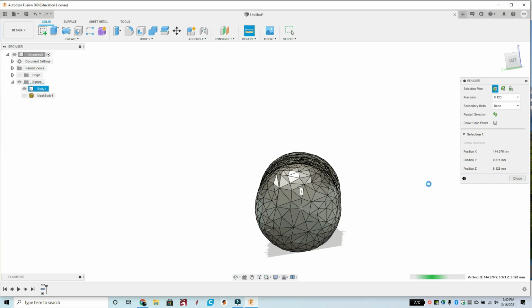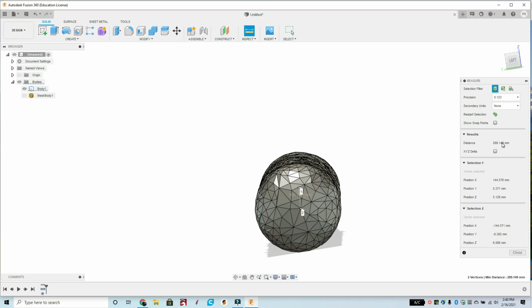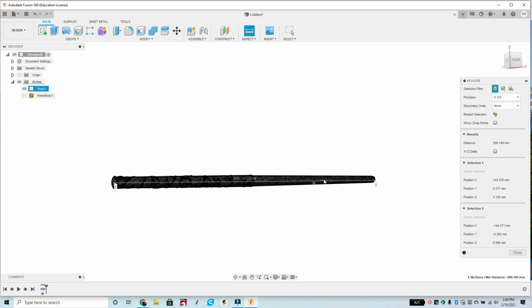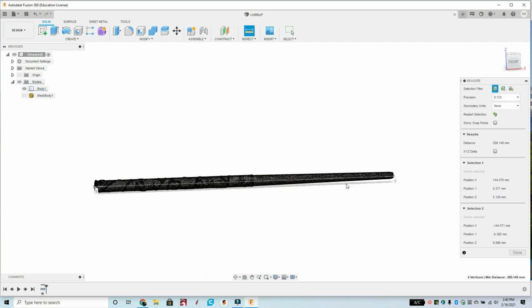And then once it thinks, it's going to tell me I have 289 millimeters. All right, so if I divide that into 3 pieces, then I'm looking roughly at 93 millimeters, somewhere in there,